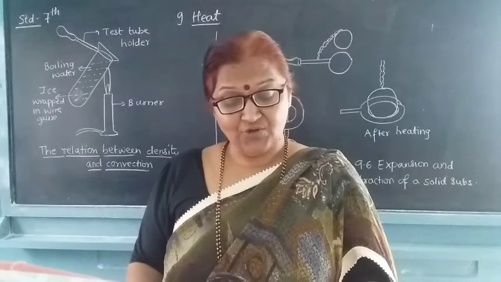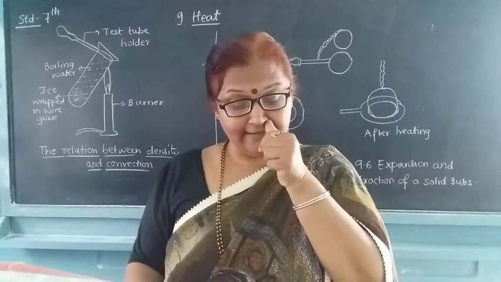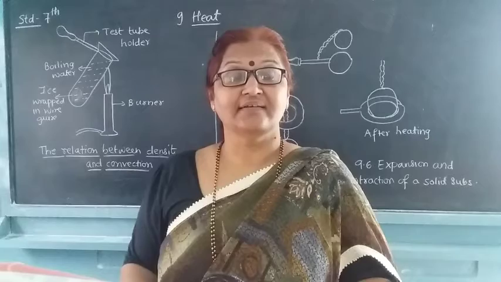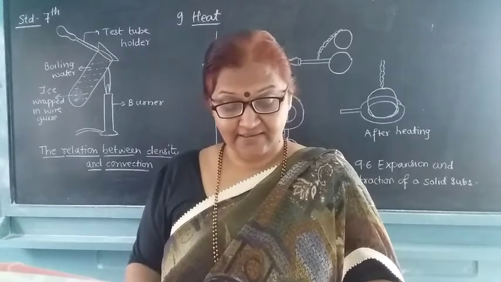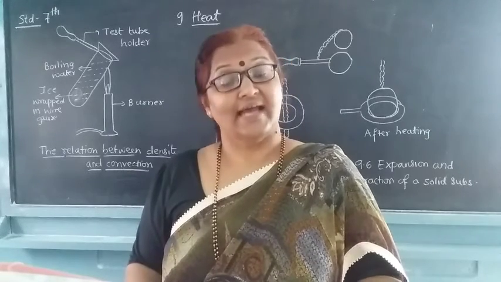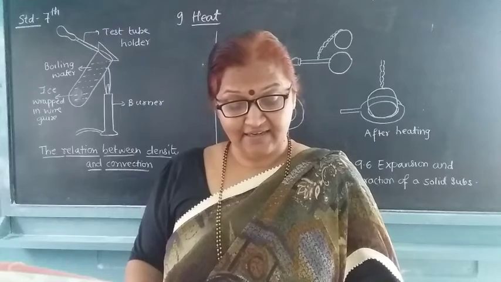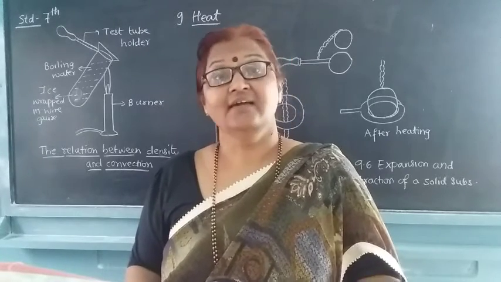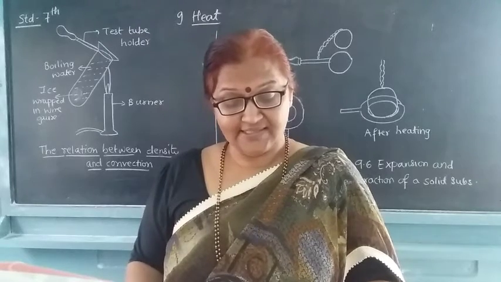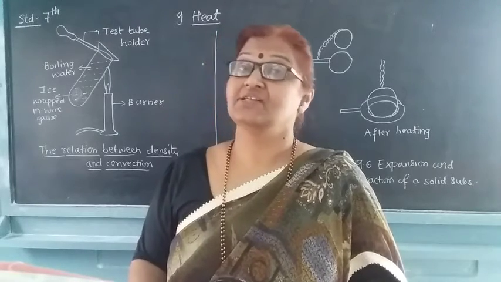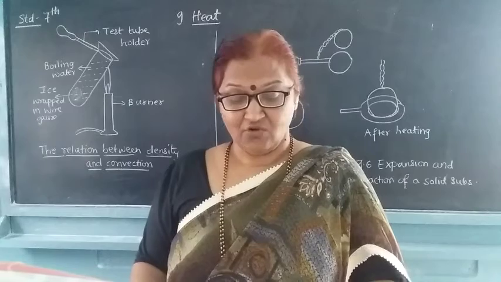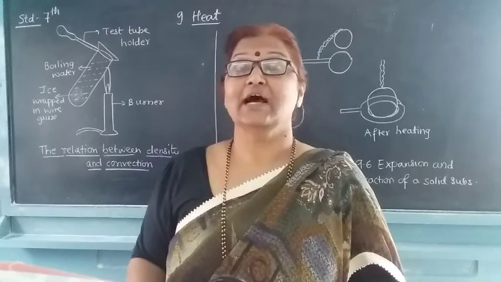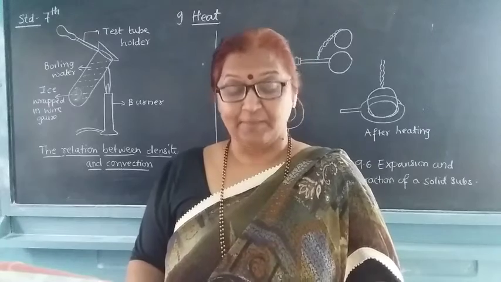See, there is no air between the sun and the earth. Only Earth's atmosphere is there, a thin layer which is closer to the earth. Then how does the heat of the sun reach us? This is one of the questions. This heat is transferred in the absence of a medium.